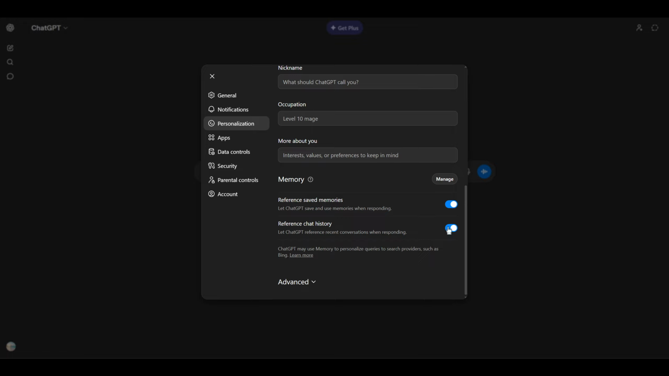If you don't immediately see the Memory section, give the Settings page a moment to load and make sure you're in the Personalization tab. Interfaces can evolve over time, but the option will be in or near the memory area